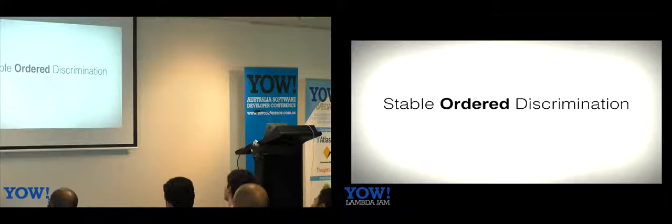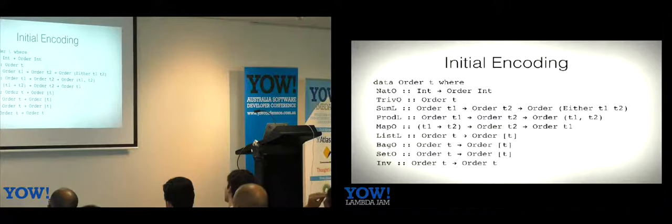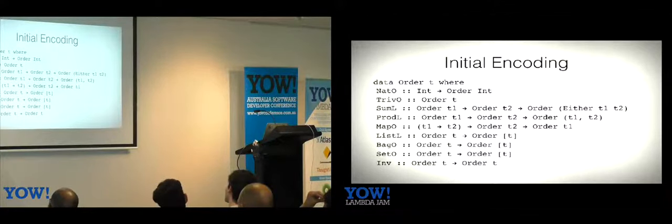So he built up this notion of what he called a stable ordered discriminator, and then he built this data type. And the problem in many ways with this data type is that I have no classes that I can put on this that I can obey any real laws for. I can make an instance of contravariant by putting map constructors on everything. But that's pretty